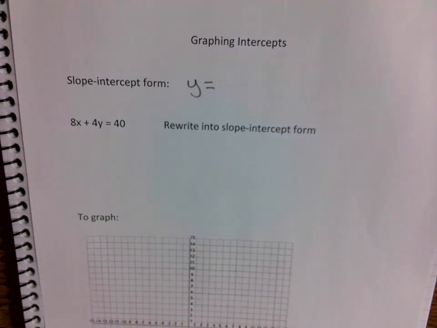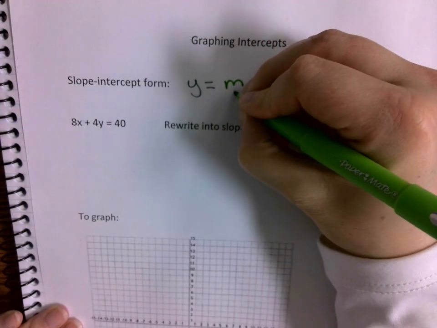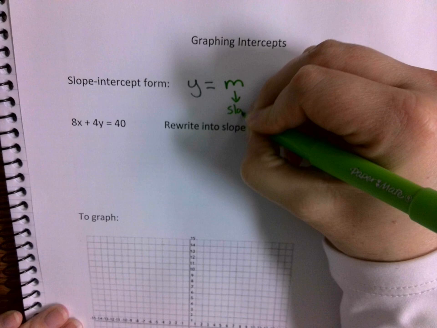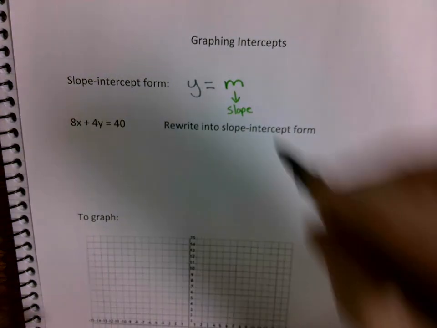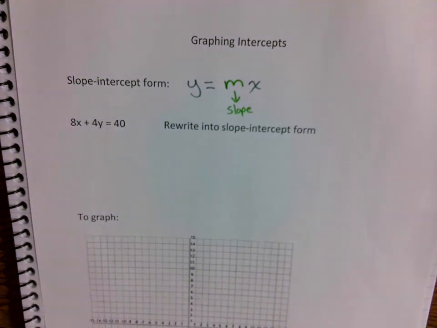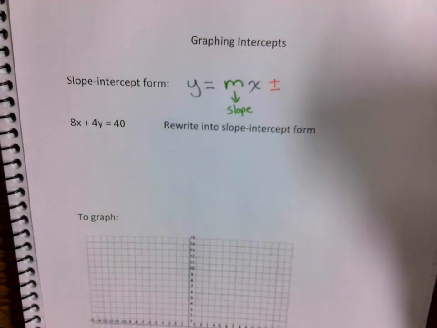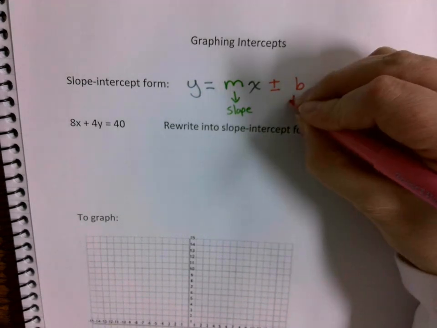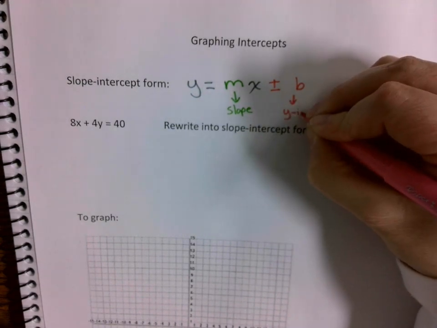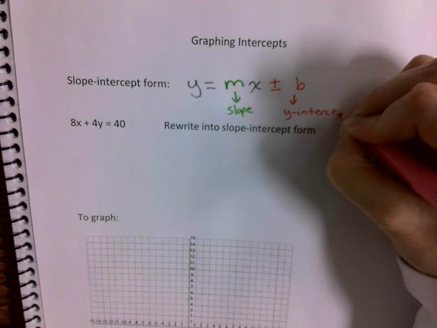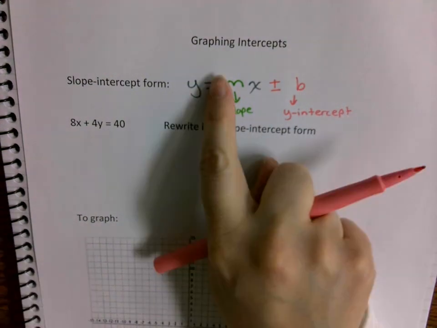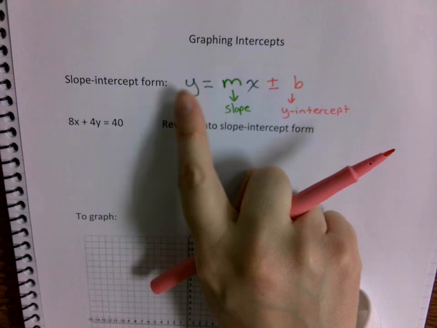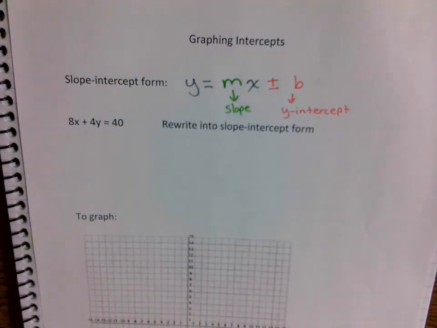Slope x plus b. And remember, slope is the variable m. So it's like y equals mx, and then it's plus or minus. It could be minus as well if it's a negative. The y-intercept, which was the letter b. So b represented that y-intercept. Okay, so slope-intercept form is written as y equals mx plus b, where m represents the slope and b represents